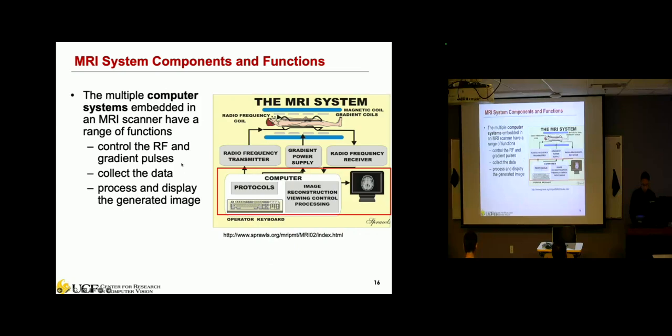And finally, we have a very complex, sophisticated computer system, because it is able to control the radio frequency coil to generate different frequencies of the pulse, and also control the gradient coil, so we can measure different positions. And of course, when we receive all these signals, the computer maps or reconstructs them into something interpretable, like an image.